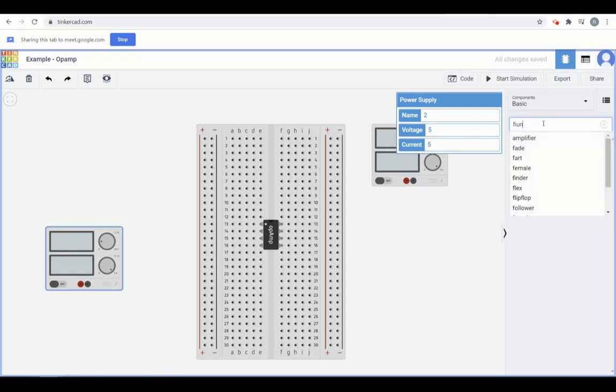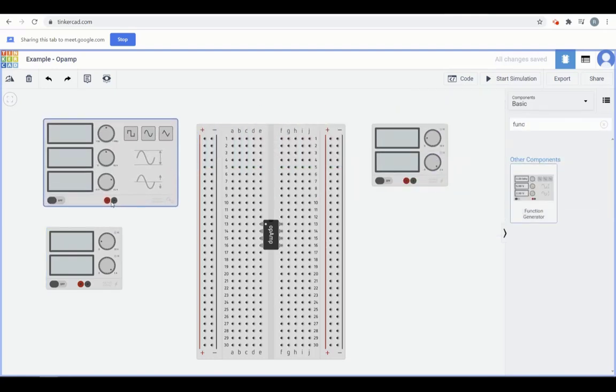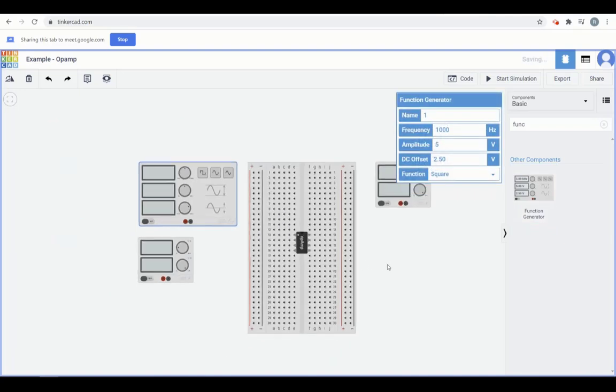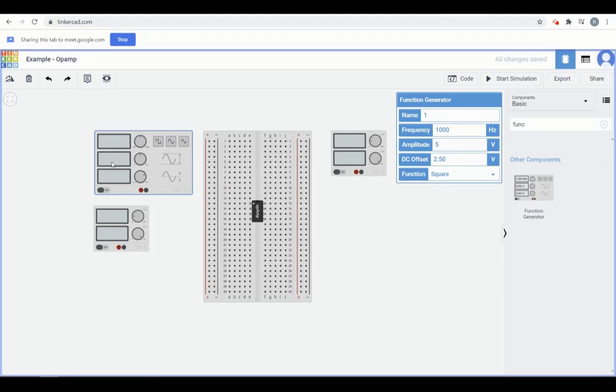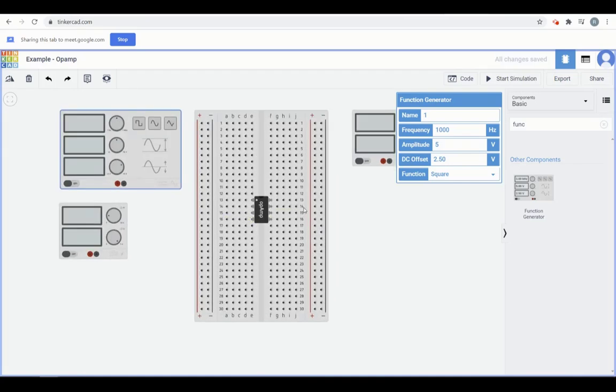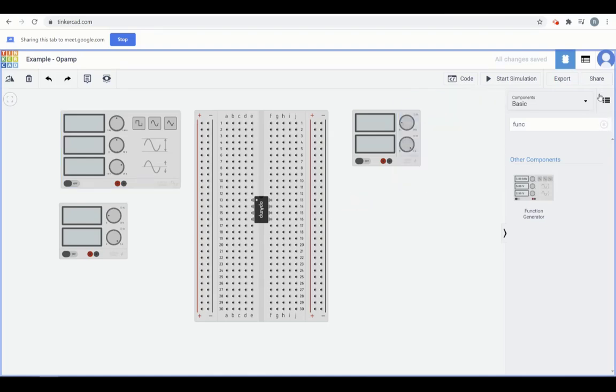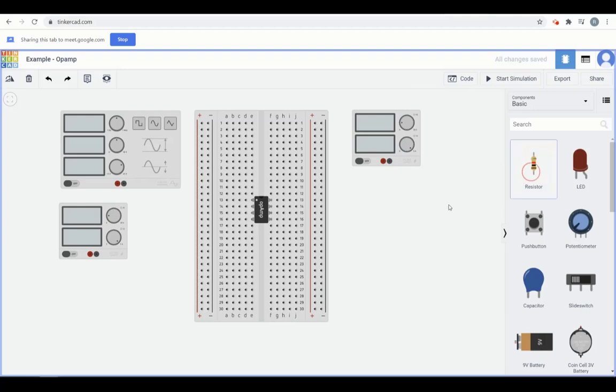Let me also bring in a function generator. This will be my function generator. I'm going to make those input and output values at the end. Let me quickly make the circuit first. So I need an R1, and R1 we had decided that we will take as 1 kilo ohm. This is already 1 kilo ohm. Let me rename it as R1.